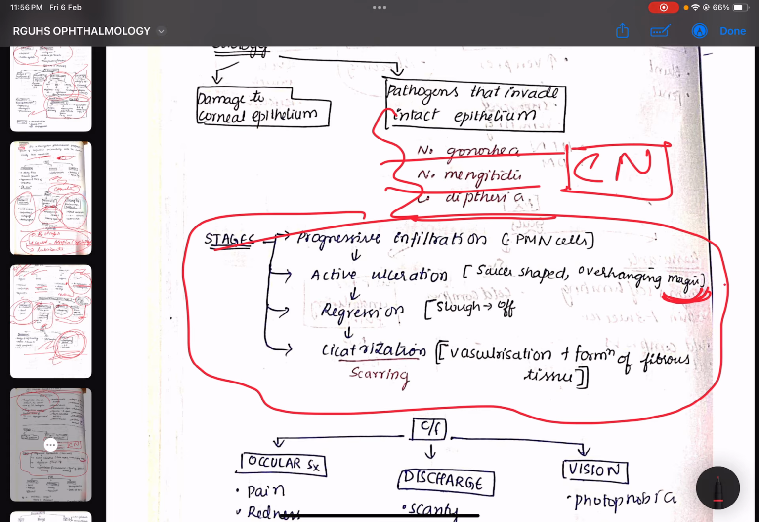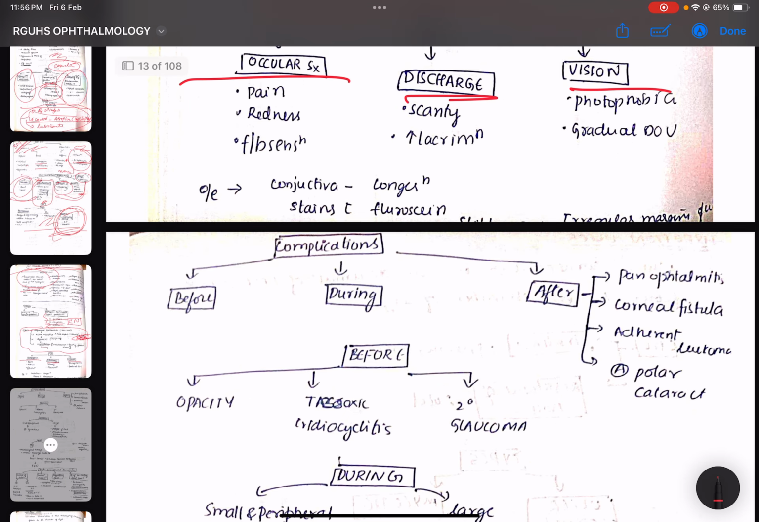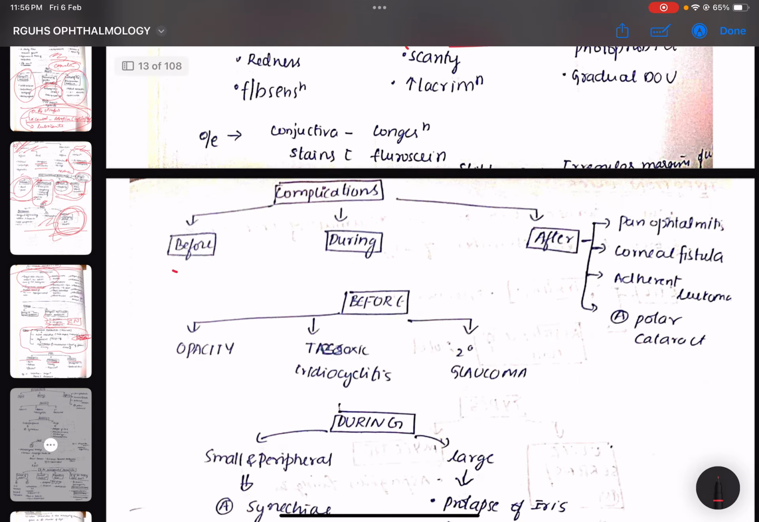Again, this slough will be removed. That will cause what? Cicatrization. That is nothing but scarring. Okay. And again, here the same thing. See, is it not? It's the same thing. Conjunctiva and cornea have the same clinical features. Okay. But while writing complications, you can write one more important thing: